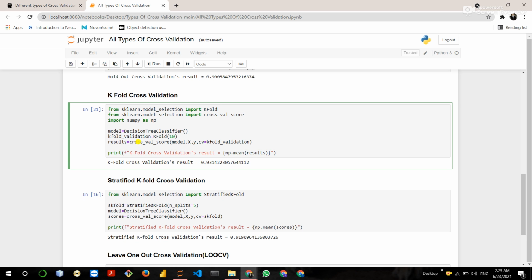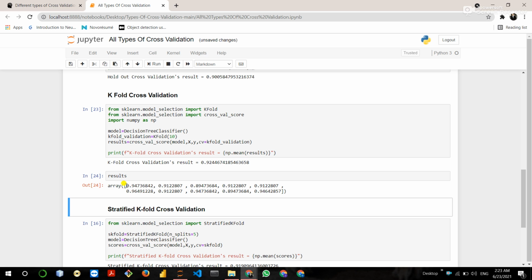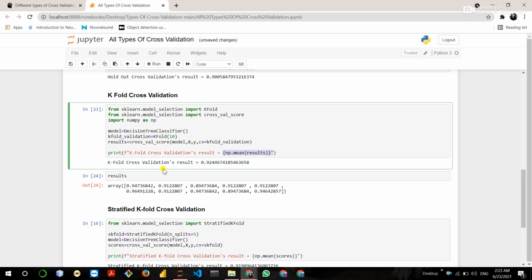Like you can see, if I execute it, this is the average accuracy of all the accuracies, and all the accuracies are this, like 0.95, 94% accuracy, 0.91, 0.89, these all 10 accuracies, because our data set is split into 10 subsets. Okay, and this is our average accuracy, overall accuracy, you can say that.